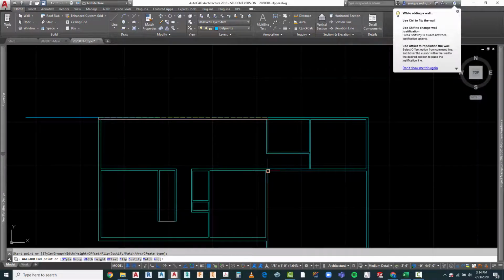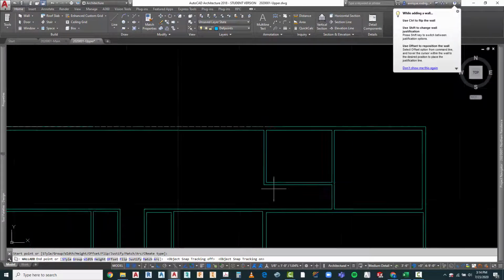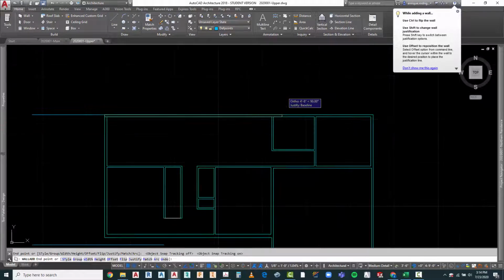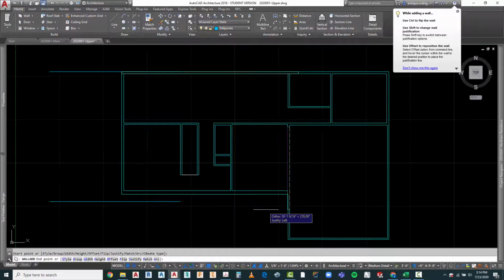Now, if I have object snap on, sometimes I can carry this up. Let's see if I've got it on. I do have object snap tracking, so I should be able to carry this up. If you can't, it doesn't really matter. I'm going to draw one to there. I'm going to repeat the add wall command, start a wall here, bring it down to here,